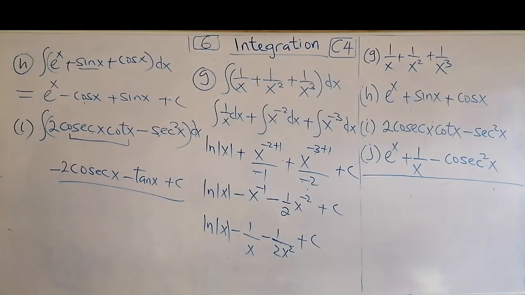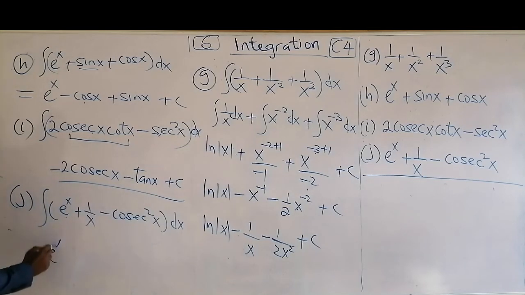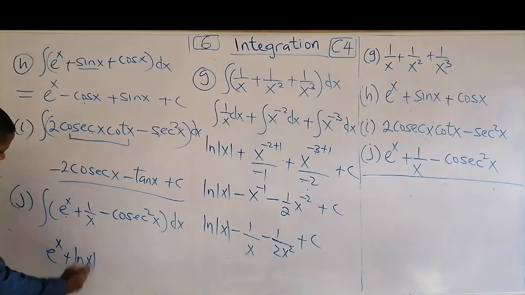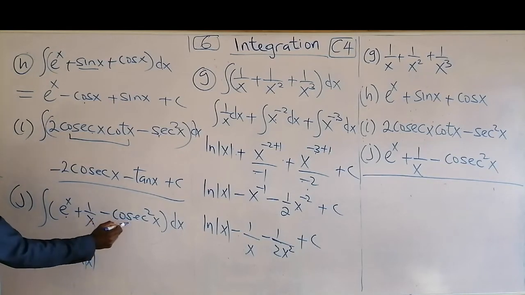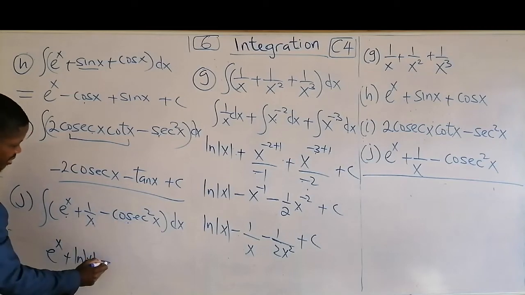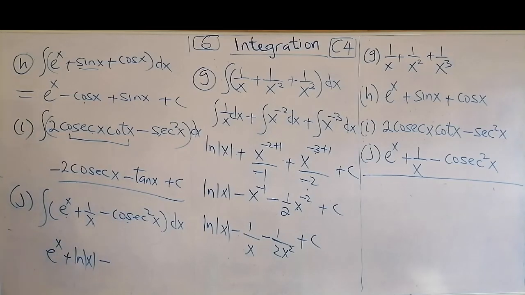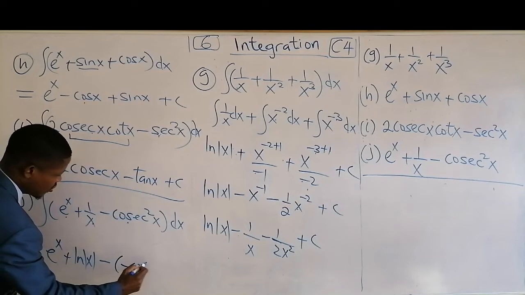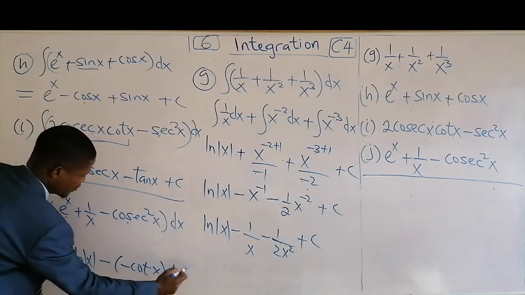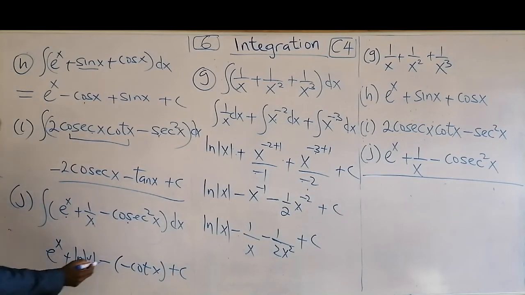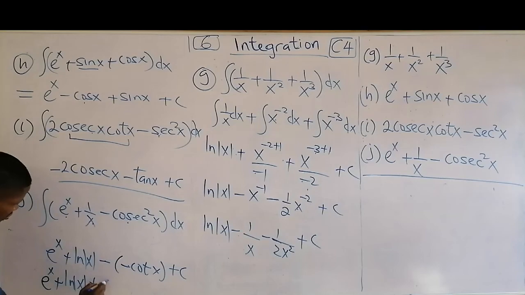So that finished that. And finally, j. Integral of, so without wasting time, integral of this one is that. Integral of this is ln x. Integral of this one, this is minus here. Integral of cosec square x, that's minus cos x plus c. So we open it, this and this give you plus. So we have this plus ln x plus cos